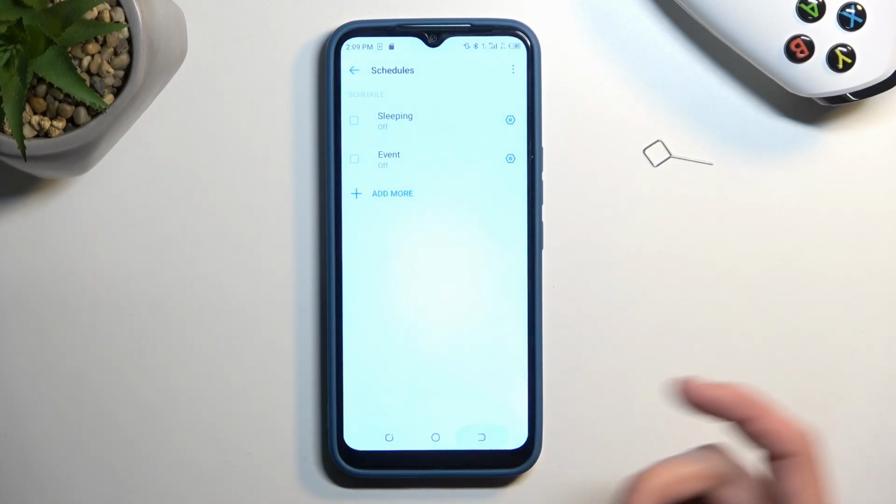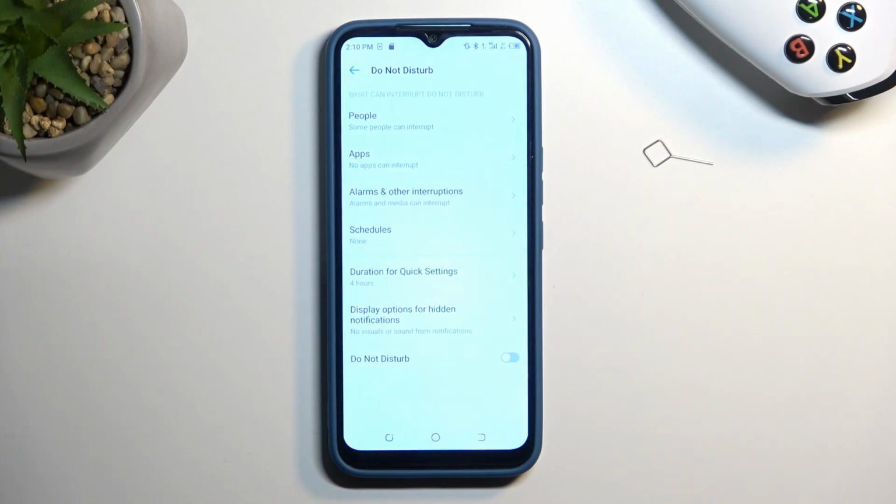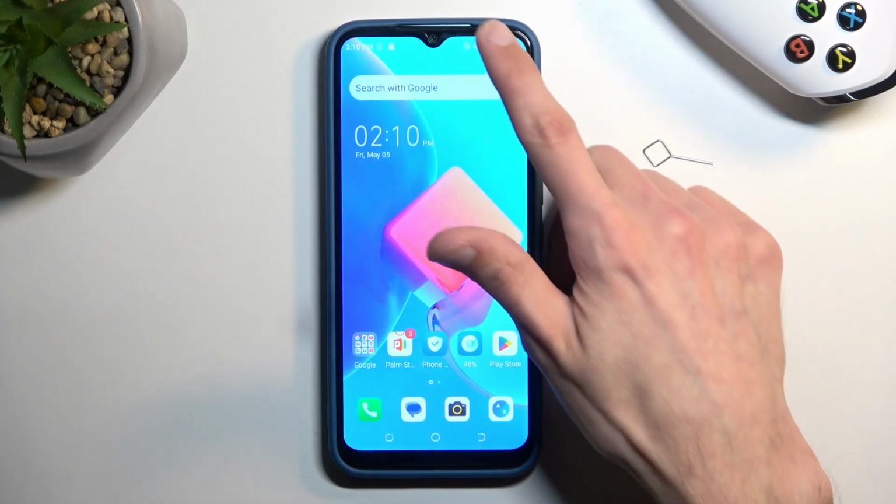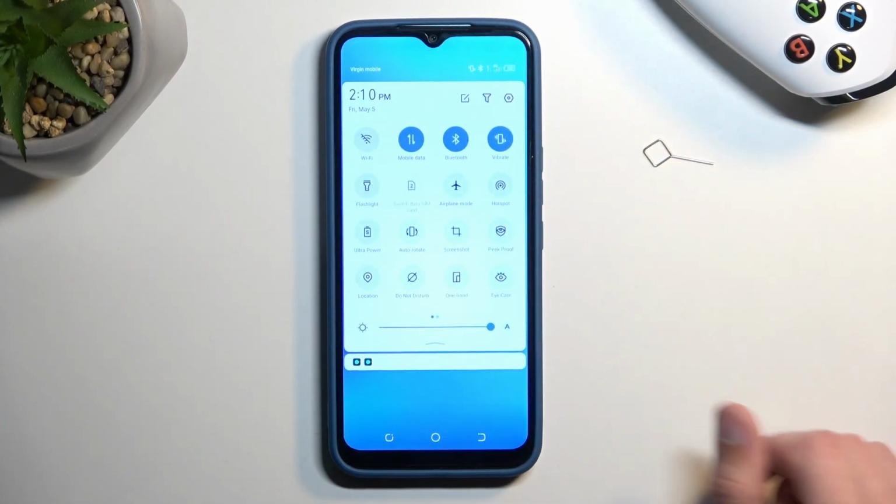And with that being said, those are primarily all the important settings that at least I consider important. Rest of them are just preferential. So if you want to customize it a little bit further to fit your exact needs, go right ahead and do so. Now that this is set up for me, all I need to do is just find the toggle,